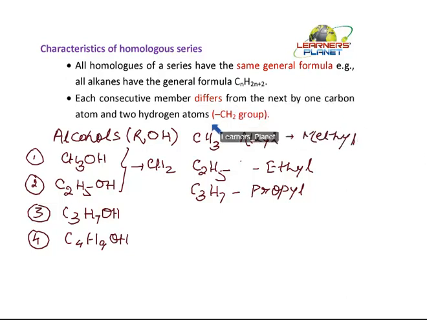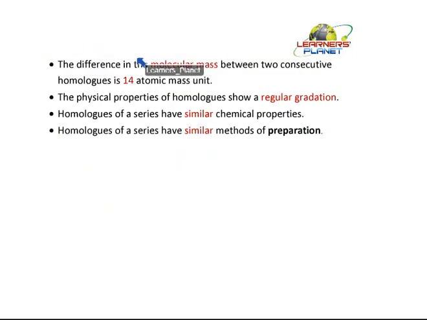Okay. Now let's take up a few more characteristics of the homologous series. The difference in the molecular mass between two consecutive homologues is 14 atomic mass units. Got it? How is it 14 atomic mass units? The difference between the molecular mass. What I told you was that the consecutive members are differing by CH2. So I am writing like